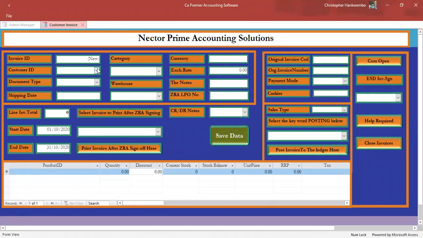We are supposed to reverse one case, but we punched it wrongly. So we can reverse here by passing a credit note under the same customer here. So we can say, okay, let's reduce that invoice by 1. We'll pass a credit note under the sales mode again. Then we select again the main store invoice. All right. Then here we say,